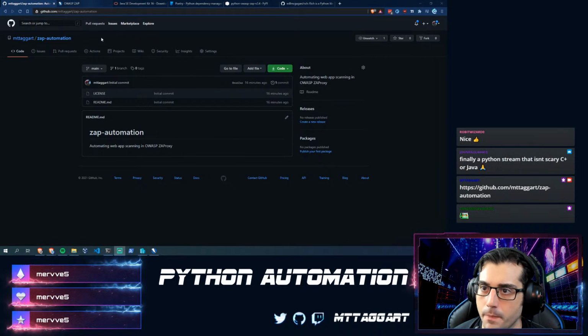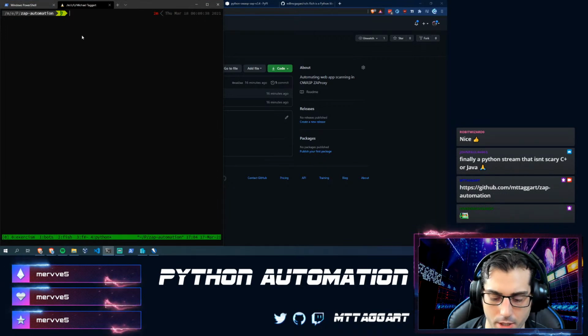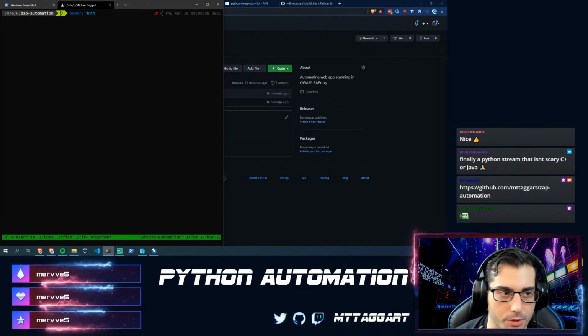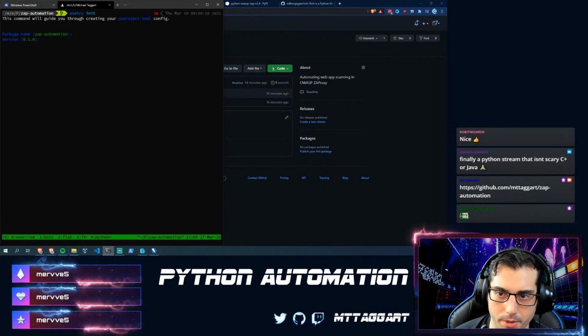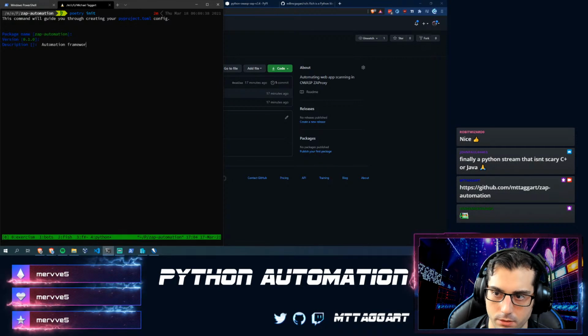So let's go. Let's start here in the command line. I've just started this, and I'm going to start with poetry init to kick off the project. I have the Git repository downloaded. There's nothing in it, so I'm just going to do poetry init. And then it does a wizard that walks you through. So zap-automation is totally fine for the package name, version 0.1.0. Yeah, I should be more specific with my semantic versioning, but 0.1.0 is fine. Description: automation framework for OWASP ZAP proxy.